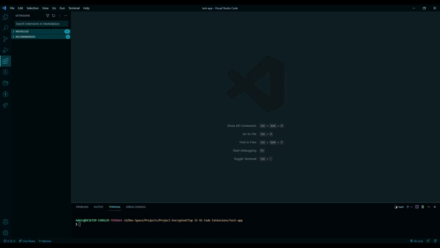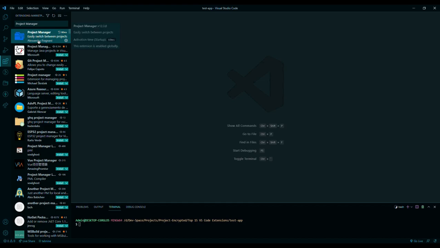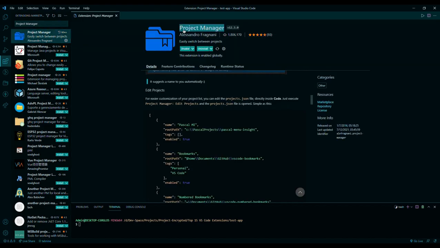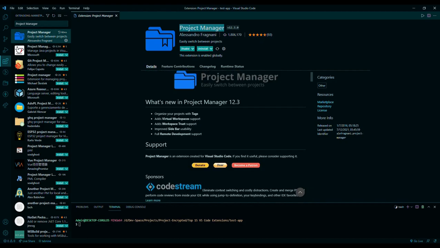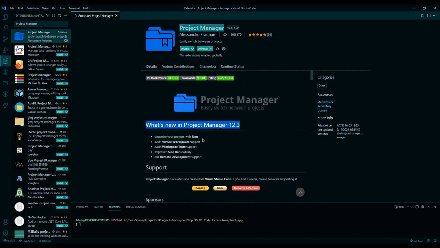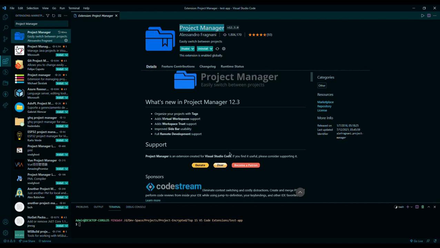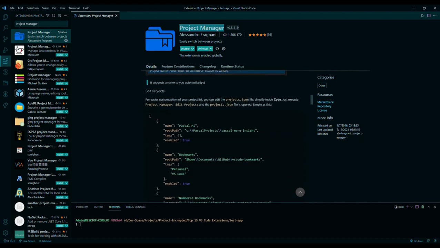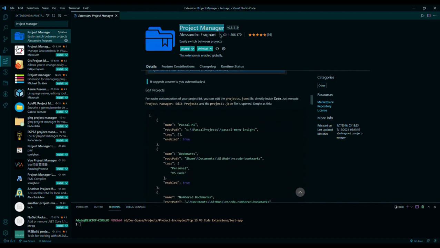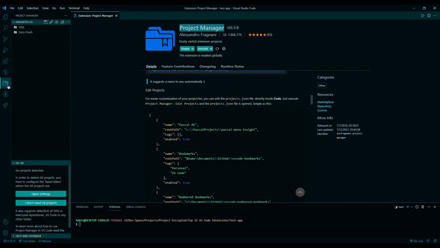Next we have Project Manager. Project Manager is a Visual Studio Code extension that helps you to easily access your projects no matter where they are located. So we don't have to miss our important projects anymore, and we don't have to go through different directories and open our Visual Studio Code from there. We actually can use this Project Manager extension in order to easily access our projects,